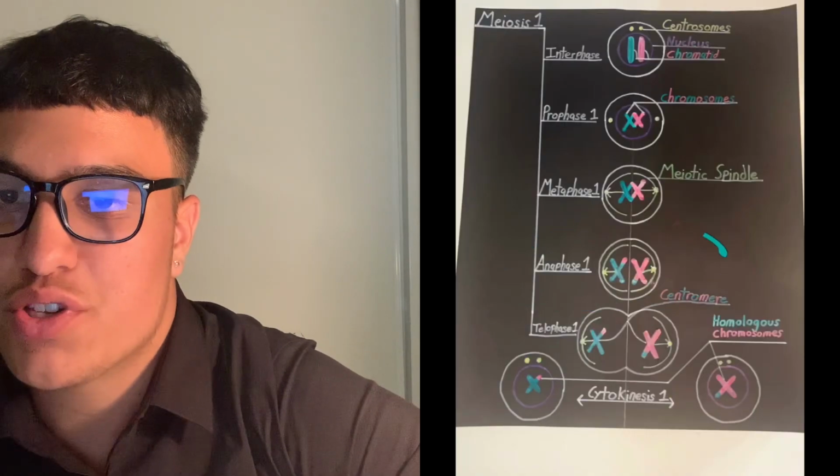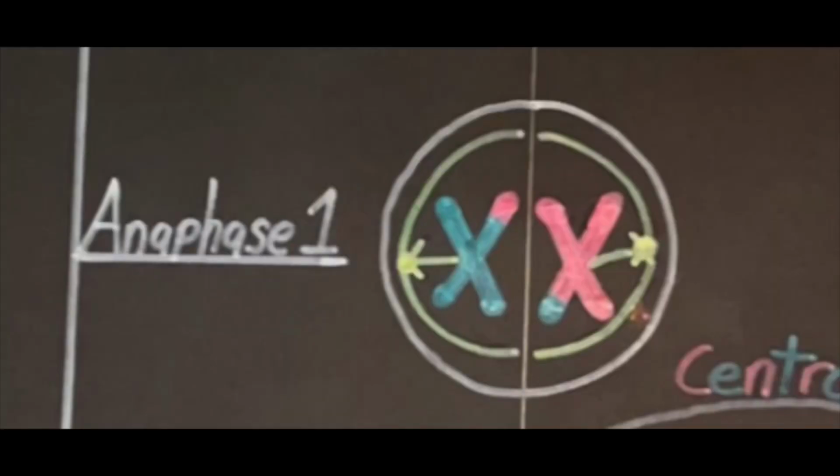Anaphase 1, much like mitosis, is the phase which involves the separation of genetic material. The meiotic spindle will pull one chromosome to one pole and the other to the opposite pole of the cell. The sister chromatids remain together throughout meiosis 1, in contrast to mitosis and meiosis 2. The homologous chromosomes on each side of the pole will still contain the little bits of DNA which were previously exchanged during prophase 1. Throughout this stage, there are still 46 chromosomes, however, they have been separated to the opposite ends of the cell evenly in separation and preparation for the division of the cell. This phase will also include random segregation.